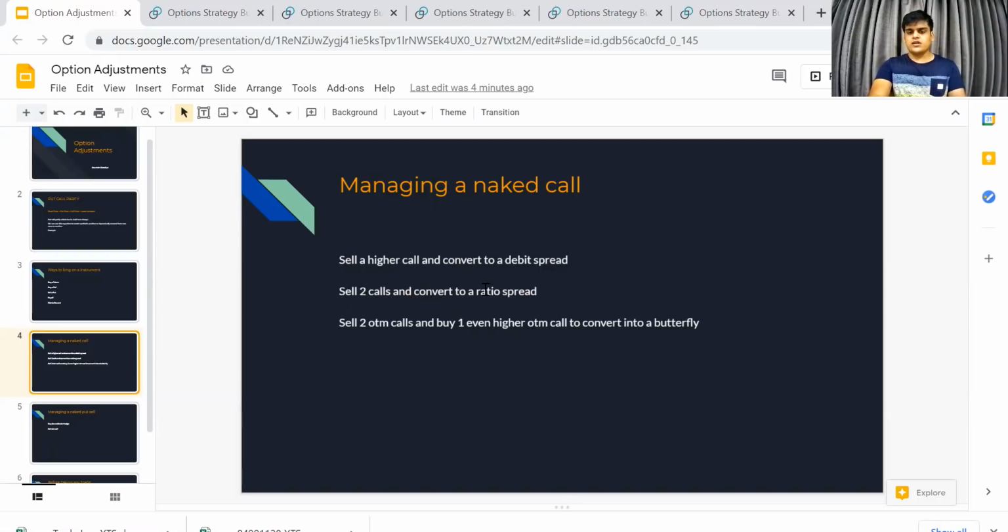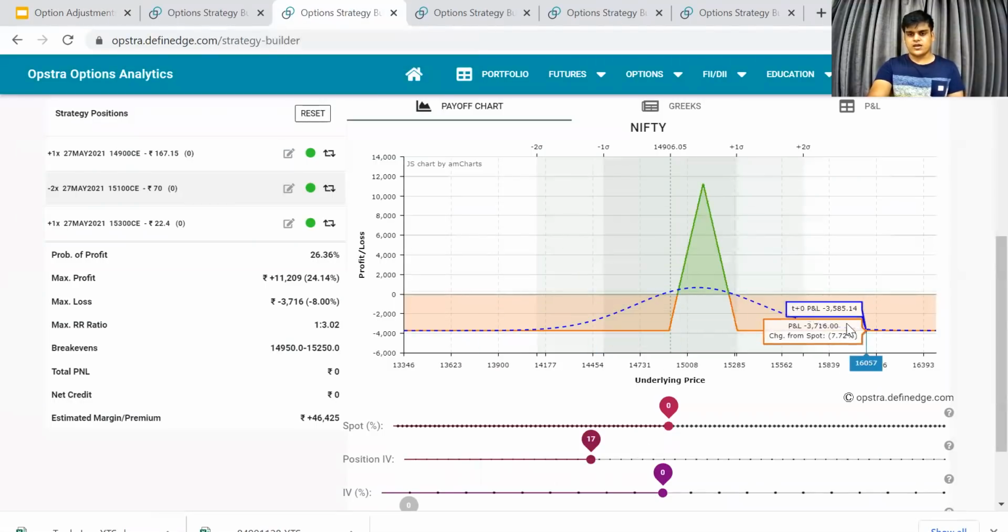If the market reverses and you think it's a resistance level, you convert into ratio spread, but avoid ratio spread if you're a beginner. Second is, you in a ratio spread, just buy the break even leg so that it's converted into a butterfly, something like this. So I bought 15300 because the break even was 15272. Okay, so now you can see that your loss is limited on both sides. Okay, and you make money if the market stays. So you can say that from a long view, you have come to a sideways view. So that is how dynamically you can adjust your position as per how your view changes.